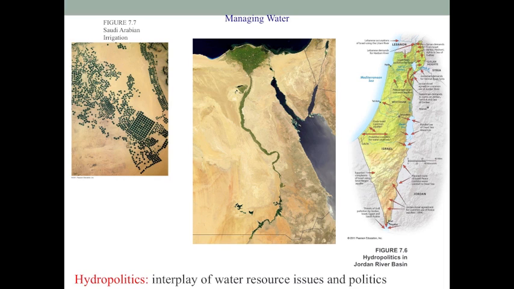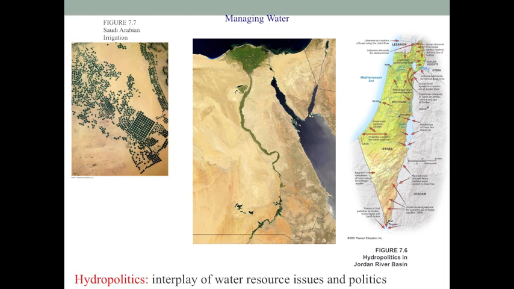Throughout the region, water is a critical resource. In this slide, you can see several ways water and water scarcity is apparent. The image on the left shows irrigated farmland in Saudi Arabia. Here, the people of the region have the wealth to extract groundwater as virtually the sole source of water for farming. Because of the favorable temperature in the region, these systems are very productive and very expensive.